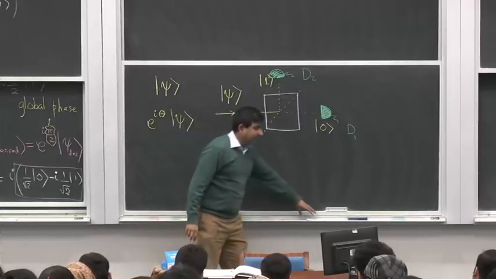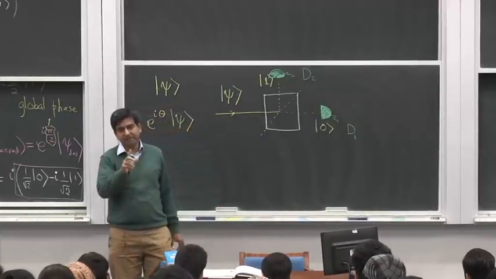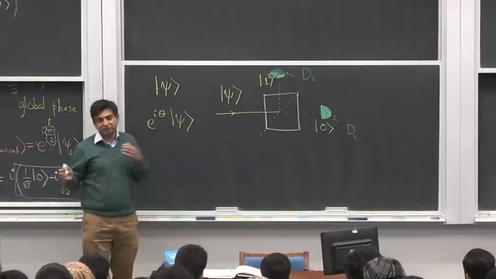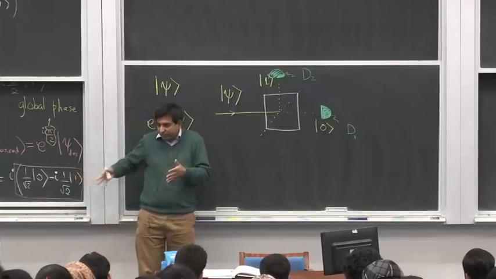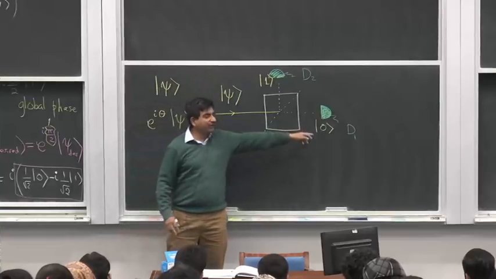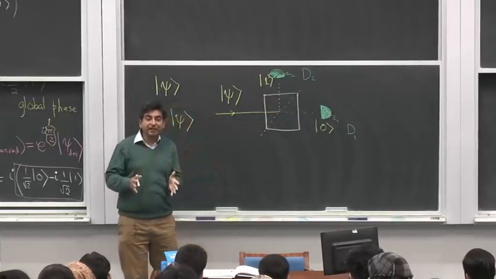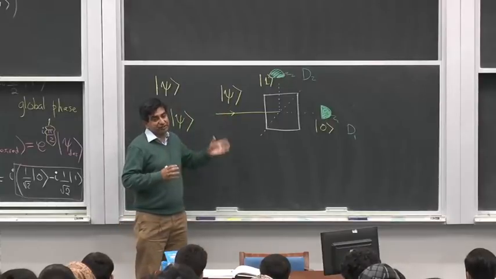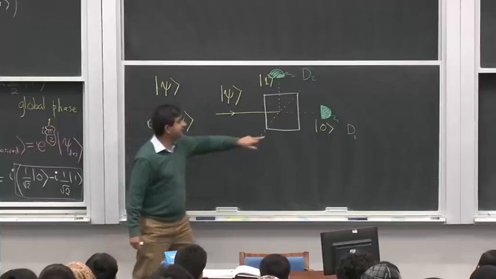Now, what this beam splitter does, I'm defining the action of the beam splitter. Let me finish my argument. What this beam splitter does is that it takes an input state and gives you two possible outputs. One output is ket 0, the other output is ket 1. So it is projecting the input state onto either of the two basis states, which means that the probability that